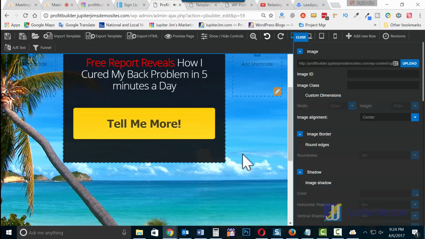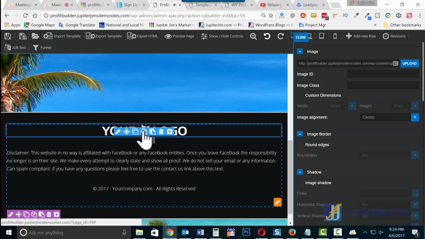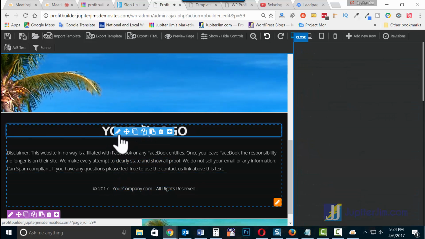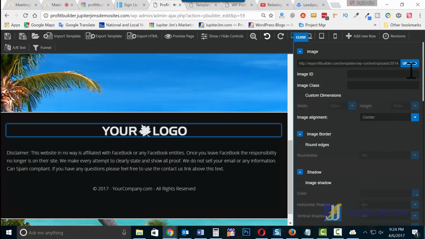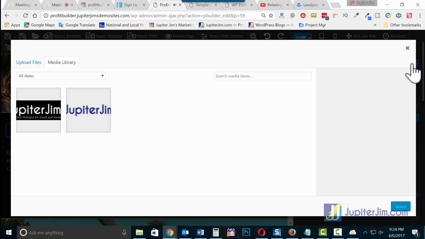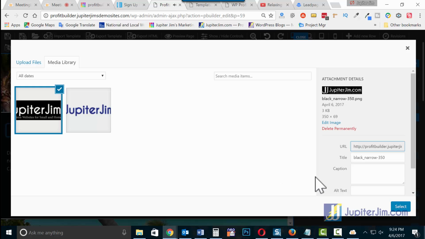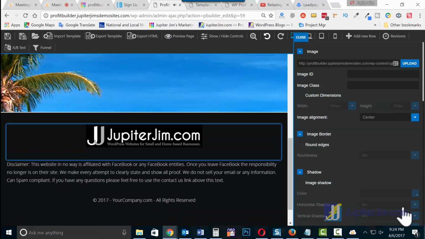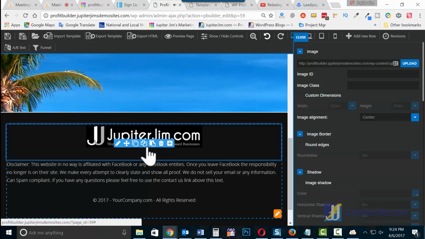Now let's go down here and let's change that. See, there are different sections. We're going to click there, and we're going to upload the black one. Select. Bing, da da bang, da da boom. We may want to get rid of some of that